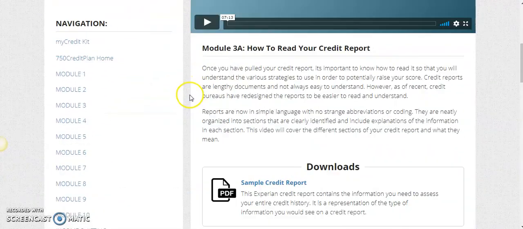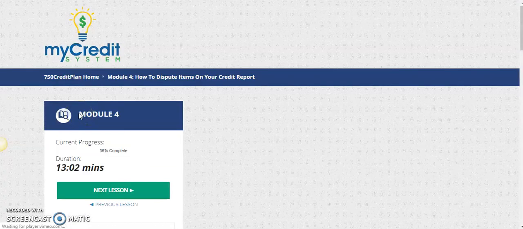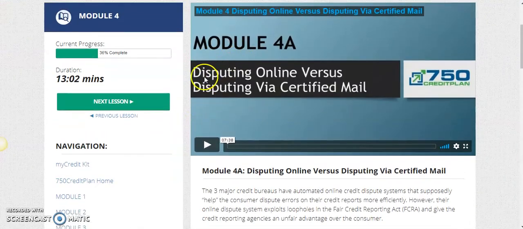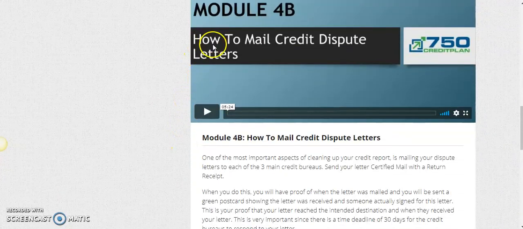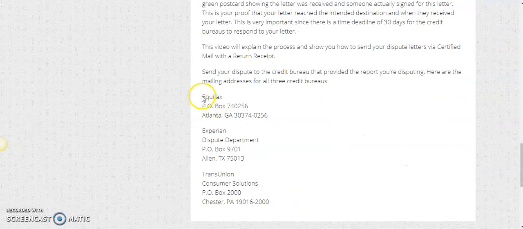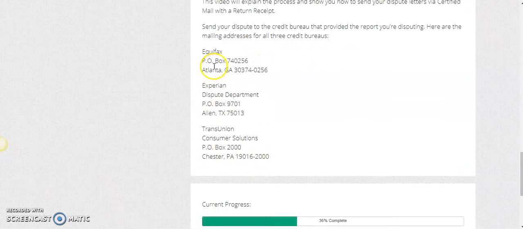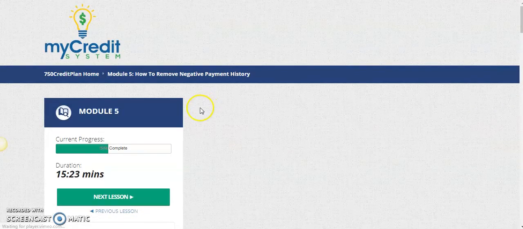So once you have your credit report, if you don't have anything to dispute, then you can just move on to, I think it's module 7 or 8. If you do have negative items to dispute, then you're going to start with module 4, disputing online versus certified mail. As you can see, the videos are pretty short. This one's only 7 minutes and 38 seconds. It's going to tell you exactly how to mail credit dispute letters. It even gives you the addresses of Equifax, Experian, and TransUnion, so you can send them there directly. And then in the next lesson is where you'll actually find the actual physical dispute letters,